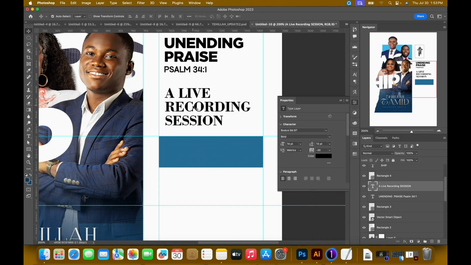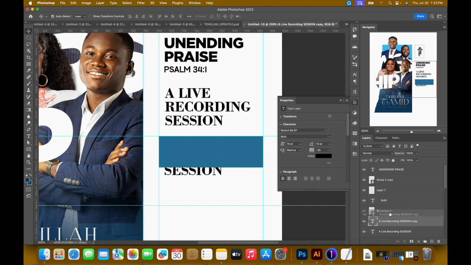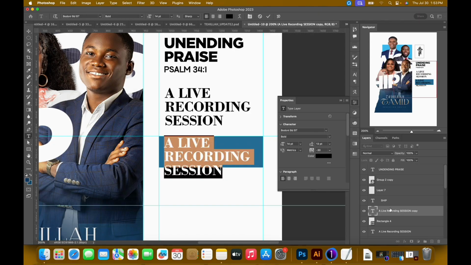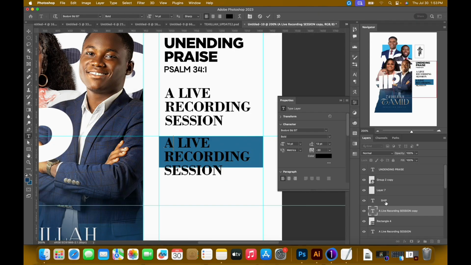I'll just left click on it and then hold Option on Mac, or Alt on Windows, and left click and drag to create a duplicate, and then quickly drag it on top of the rectangle, so that you can see it and then edit it. Command Enter on Mac, Control Enter on Windows, and change it to AUG full stop